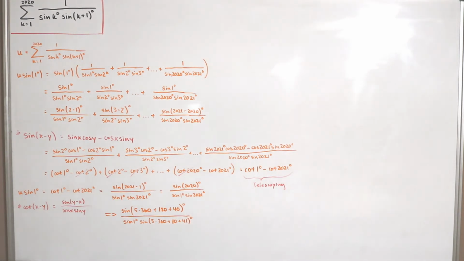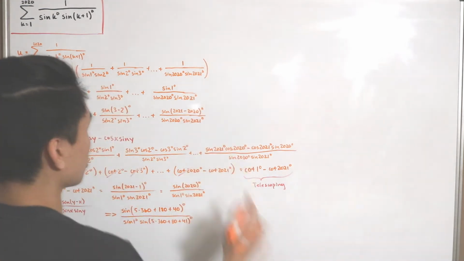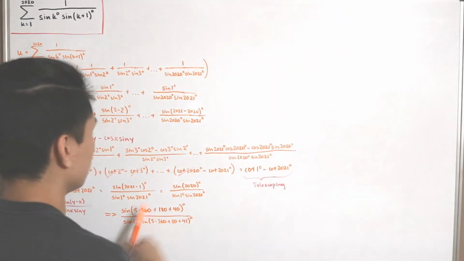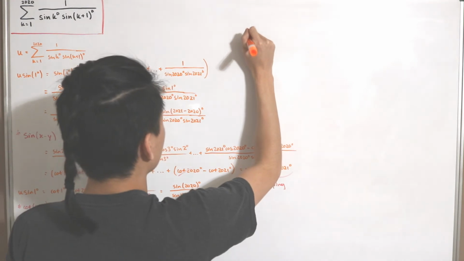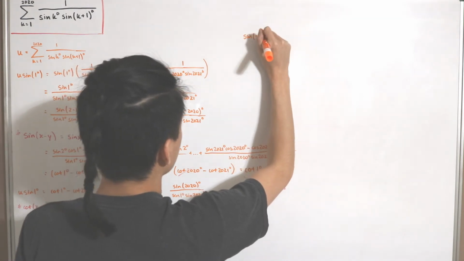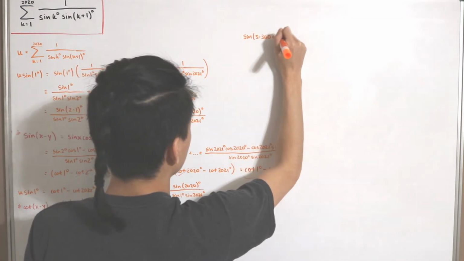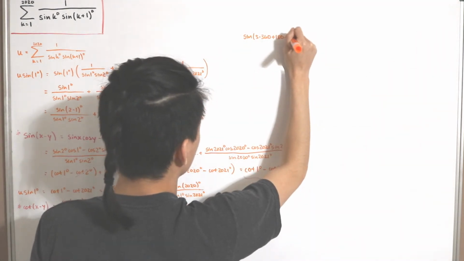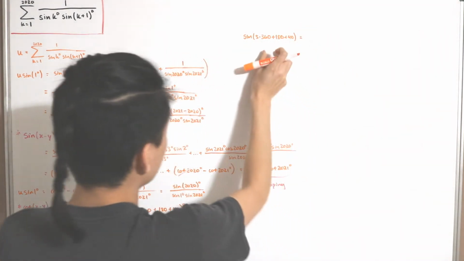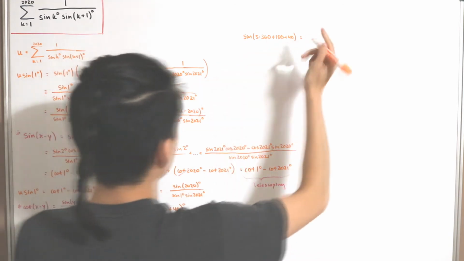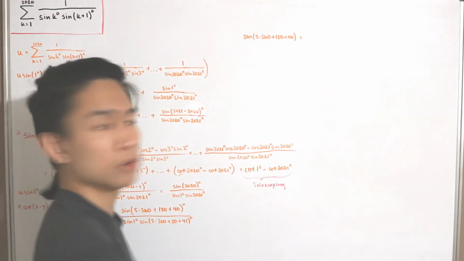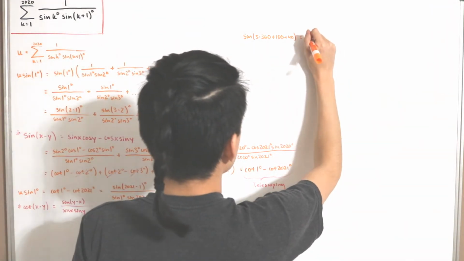Okay, so now let's think of it in this way. I'm going to move this over here. Let's first calculate the numerator. So far we have sine of 5 times 360 plus 180 plus 40. We can just compute the first three terms here and leave the 40 out on the side. So what we'll get is sine of